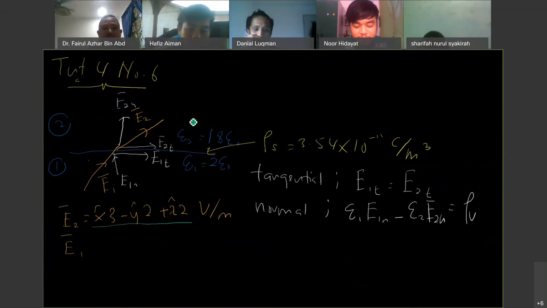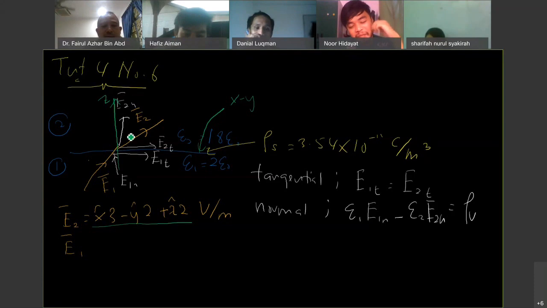Okay. So on this boundary condition, we said that this is our Z axis. So our boundary lies on the XY plane. So basically some information is missing in this question. But by looking into this question, to find the angle that E2 makes with the z-axis, we can assume that our z-axis is in this direction and the boundary lies on the XY plane. So based on this fact, we have